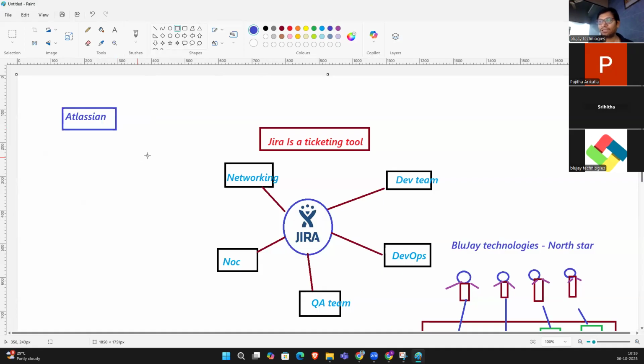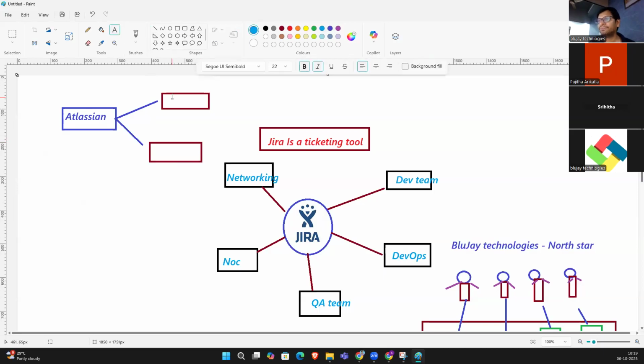The Atlassian company created two products.